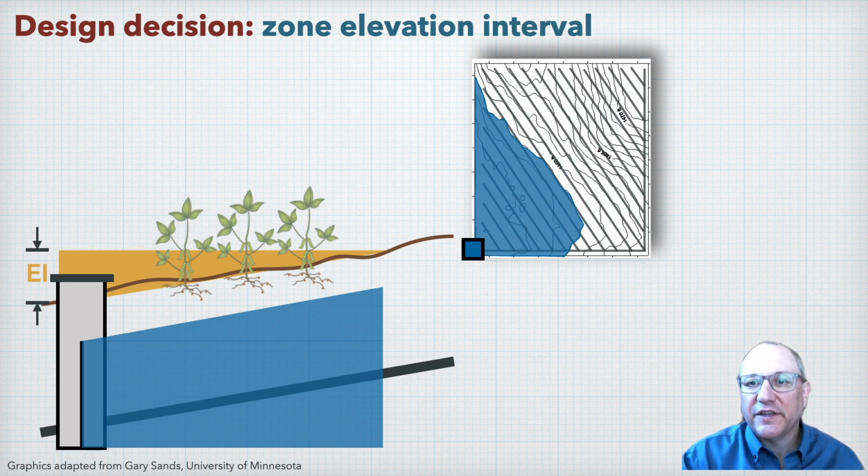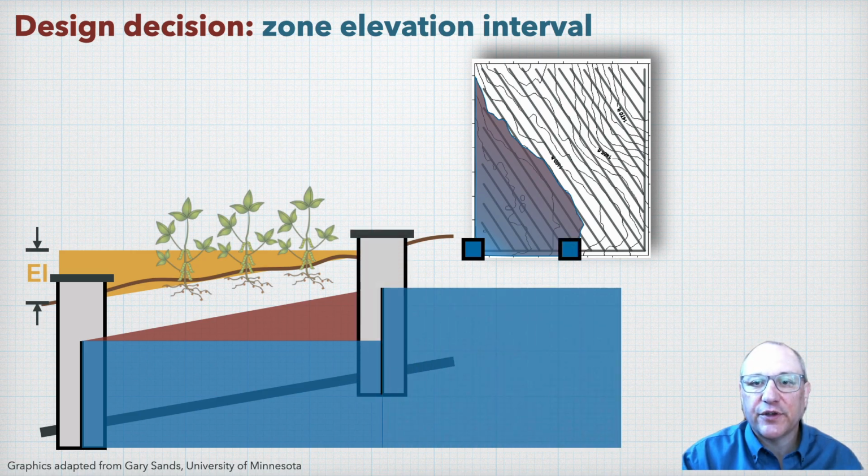But obviously, water seeks its own level as it drains down to the drainage base that we've set with the outlet level in the control structure. So as we move up in elevation in the water management zone, the potential water table depth gets further from our target depth, as illustrated by the burgundy wedge. Then, if we want to add another water management zone, we can put a control structure at the top of the first water management zone and reset the drainage base for the next zone.